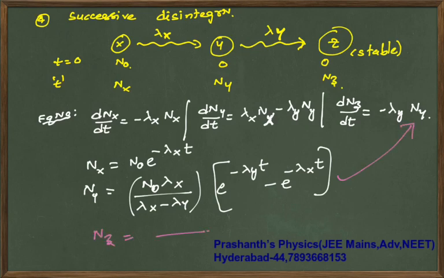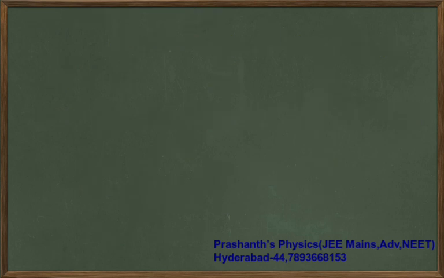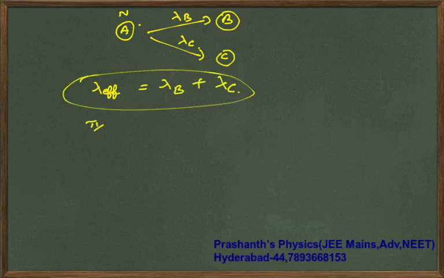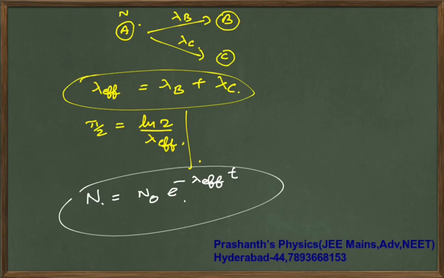Then followed by this you have parallel disintegration. In parallel disintegration, A directly gives B as well as C. This is your lambda b, lambda c. So for this your lambda effective is lambda b plus lambda c. So your t half, if you want, is ln 2 by lambda effective for the half-life process. Lambda b and lambda c they will give you, so it will not be a tough job at all. So for the number of nuclei, if you substitute these formulas, you will get answers for any questions.